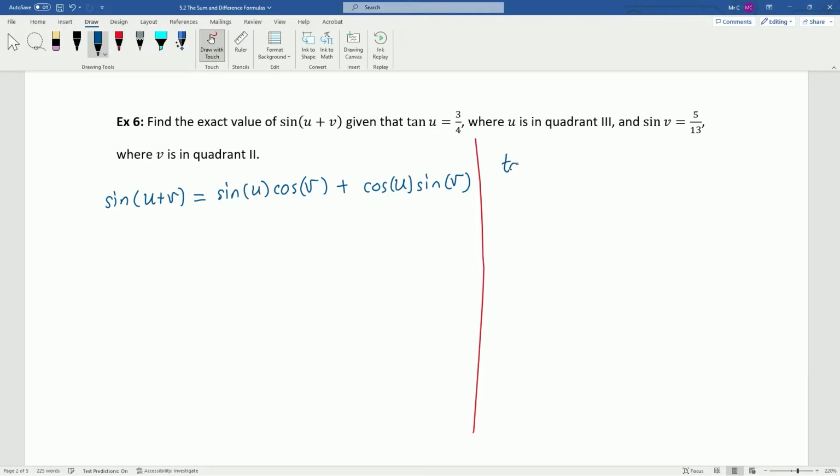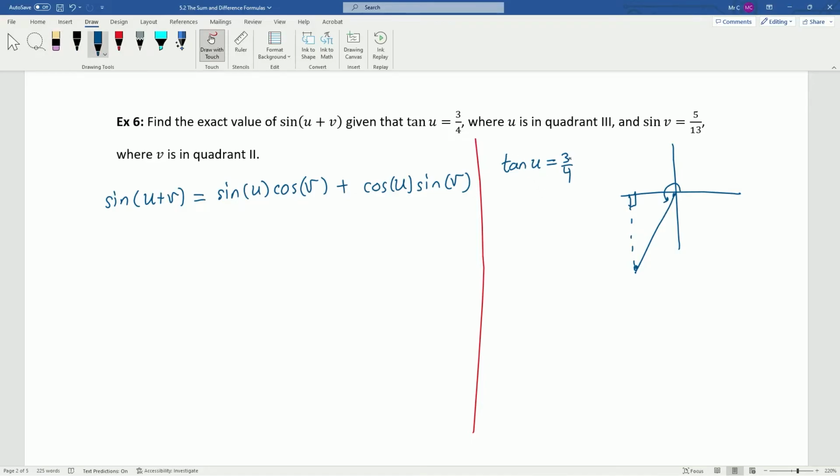We were told that tangent of u is equal to 3/4, and u is in quadrant 3. So we're just going to draw our angle u, that puts us in quadrant 3. And if we have tangent of u equals 3/4,